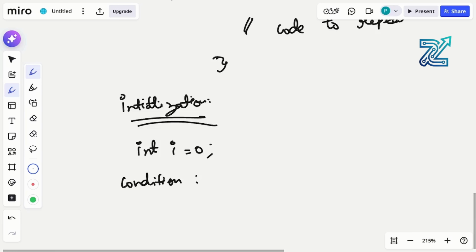Okay, this will be checked before each iteration. If it returns true, then the loop will run. If false, it will exit the loop. The compiler will go to the next line. So then,